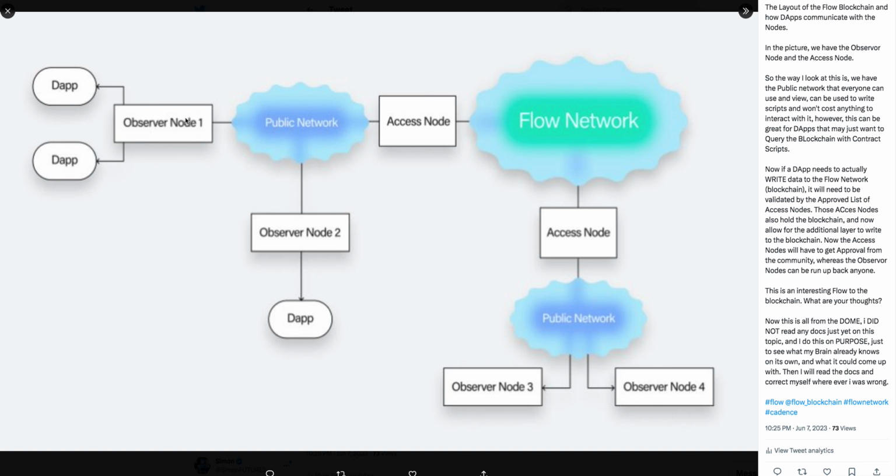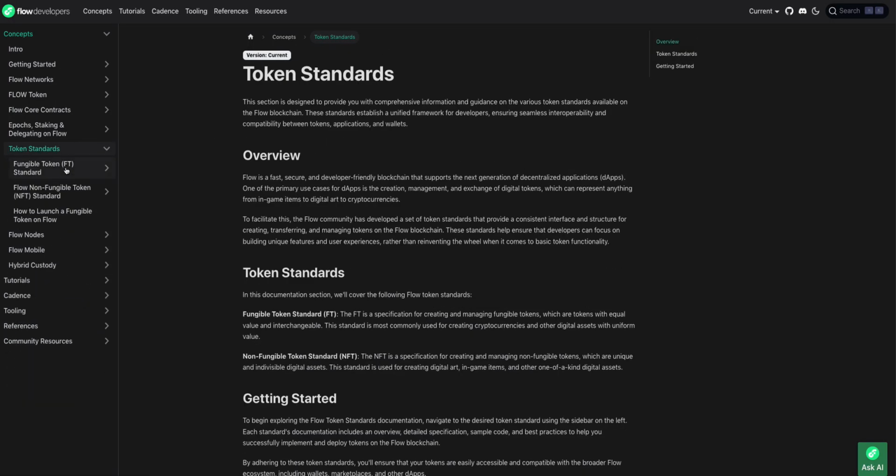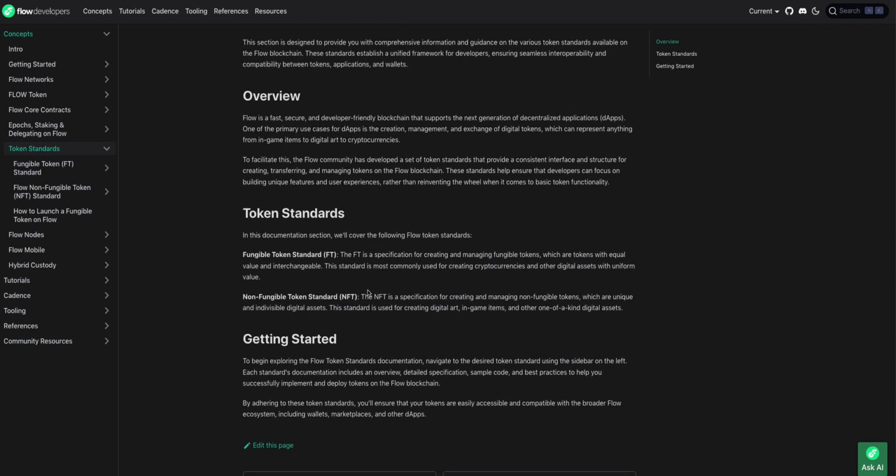So we used the observer nodes to access the public network. This is information that's not going to require you to pay transaction fees. However, if you need to write to the blockchain, you're going to need to go through an access node. And to run an access node, you're going to need to stake Flow and be part of the approval list, right? So, but now the token standards for the Flow blockchain: